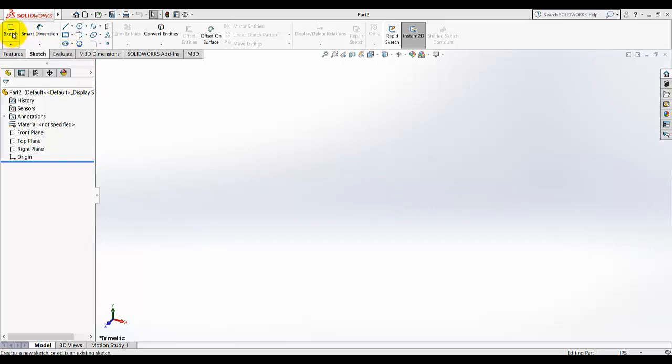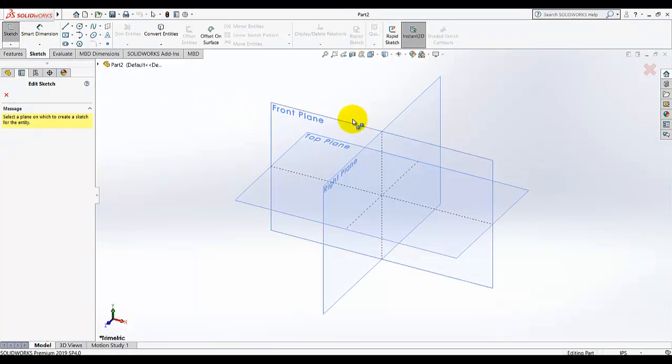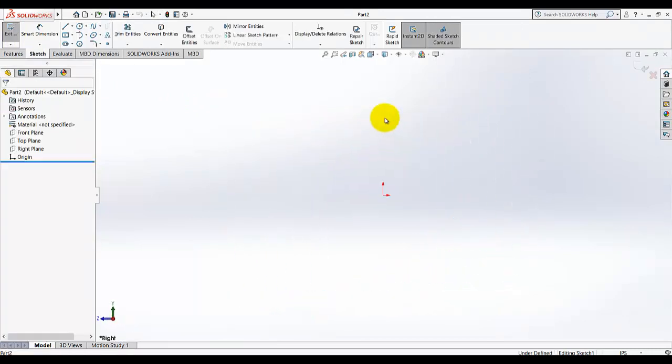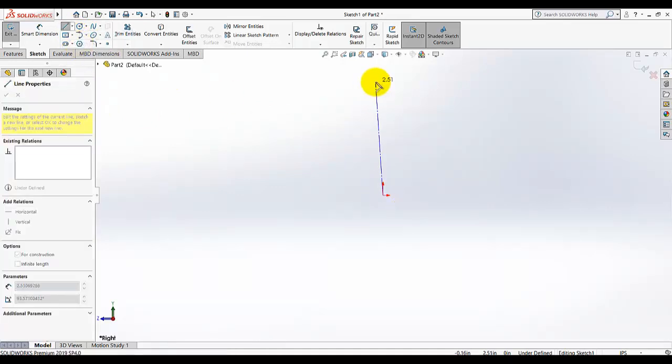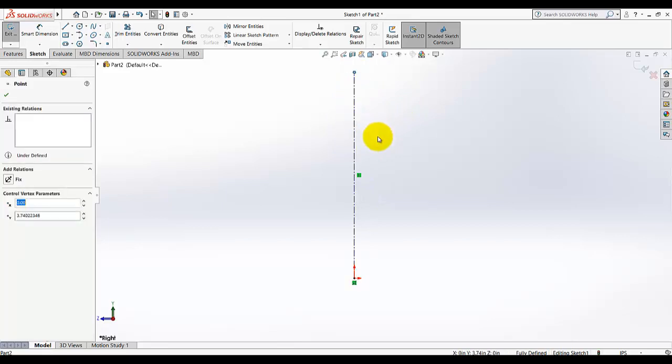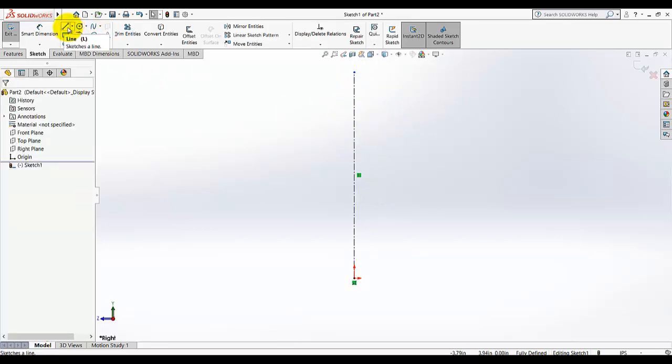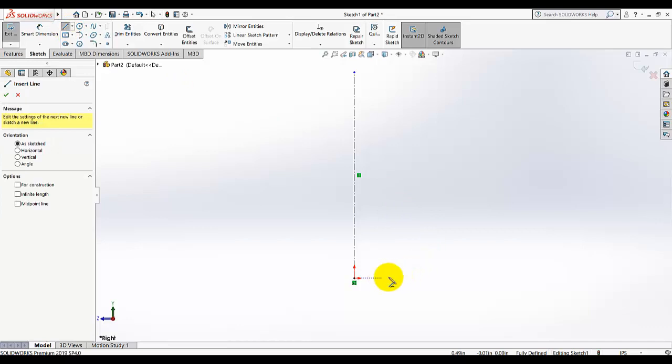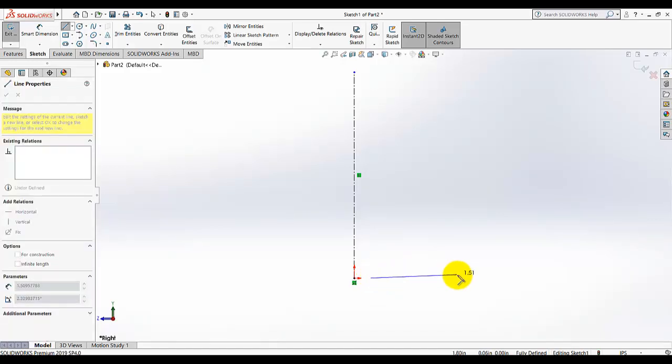So I'm going to click the sketch and select the right plane, choose center line, and draw a straight vertical center line. The first thing is that I am going to draw a rough sketch, and then I am going to give the dimensions to this sketch. So draw a horizontal line like that,